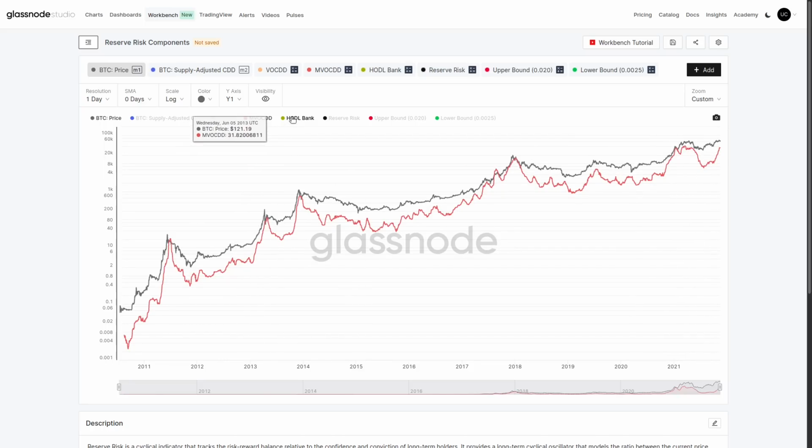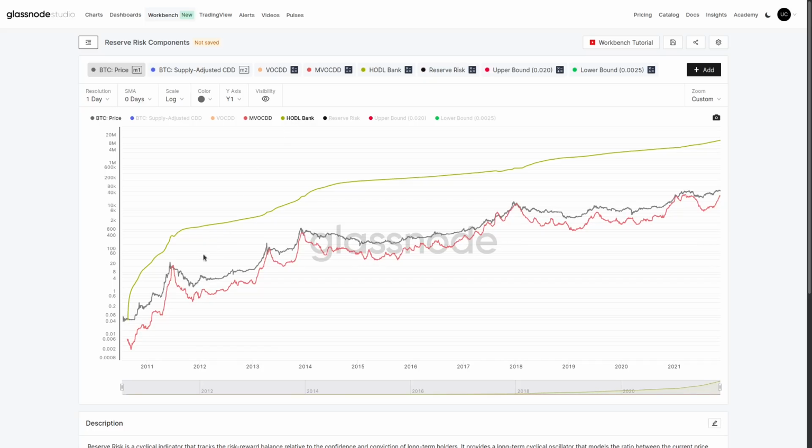Now, what we can then do is calculate the HODL bank. The HODL bank looks at how much of that opportunity cost, the difference between the sell side and the incentive to sell, and this will trend higher when we have more hodling, and when we have massive sell side, it will slow down. So, right, when we have more of this sell side, it will start to plateau, and when we have more hodling, it will start to trend higher.